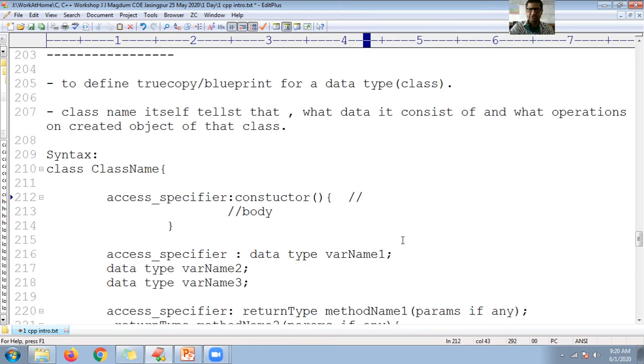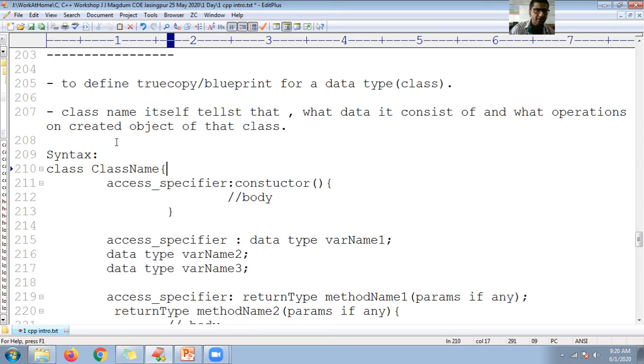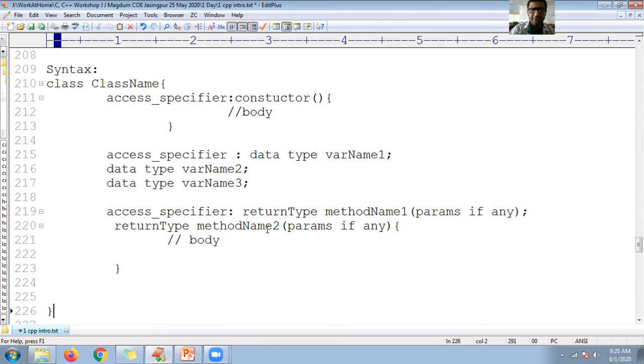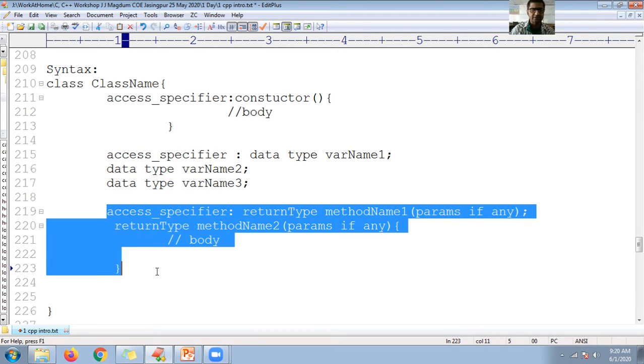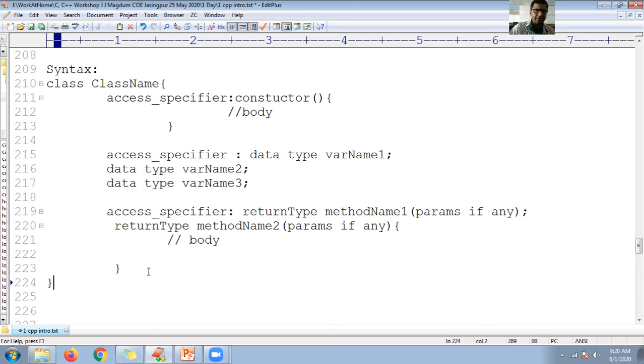So I'm writing what parts are optional. Actually all are optional guys, frankly speaking, all are optional. You can create an empty class also, but a class normally contains a class keyword, followed by the class name. Class body contains constructor body, or even you can define the constructor body outside of the class. Then you need to declare or initialize the data members, and then followed by the different types of functions, and the class ends with a semicolon. So here is my semicolon. Keep in mind, here I mentioned semicolon.